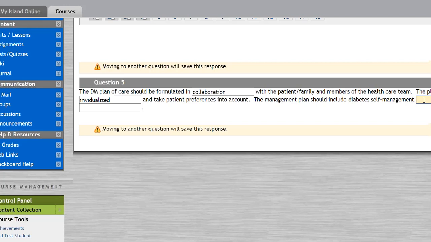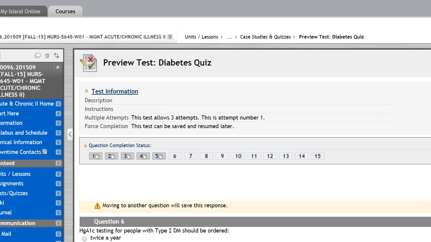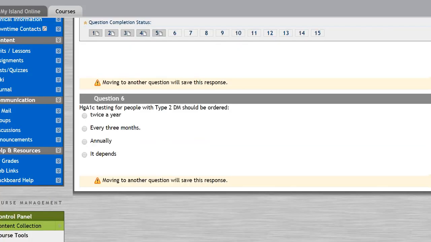Okay, the management plan should include diabetes self-management education. And if you see a DMSE, what I want you to know is these terms, because these are terms that you see, and they mean something. So you've got the education and support. So you have DMSES, diabetes self-management education and support. Okay, so you want to know those terms a little bit. Now, it's not super important. I'm not going to test you on those, but in your practice and when you read guidelines, know what that means.